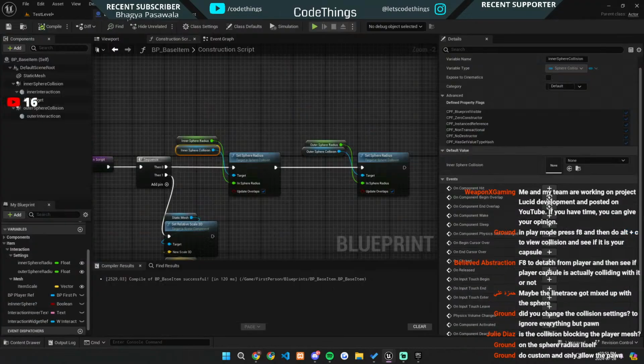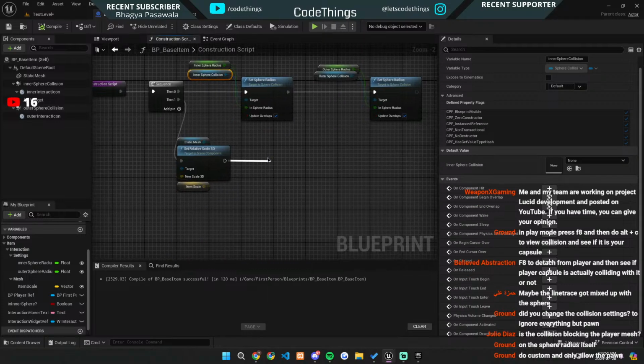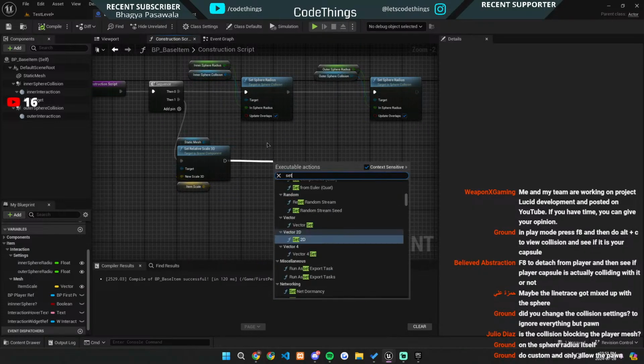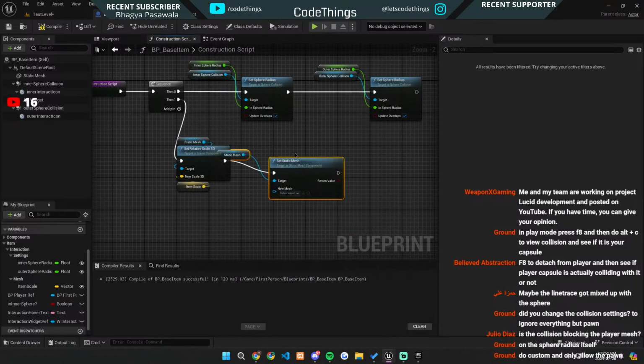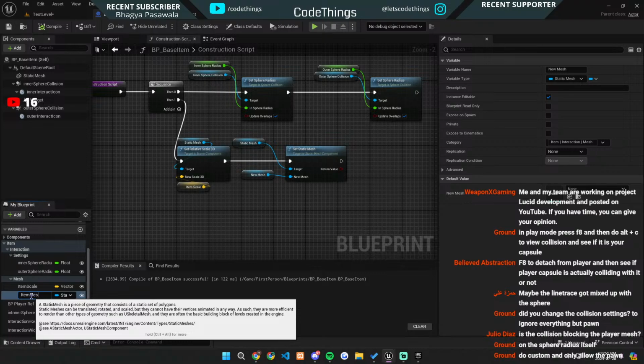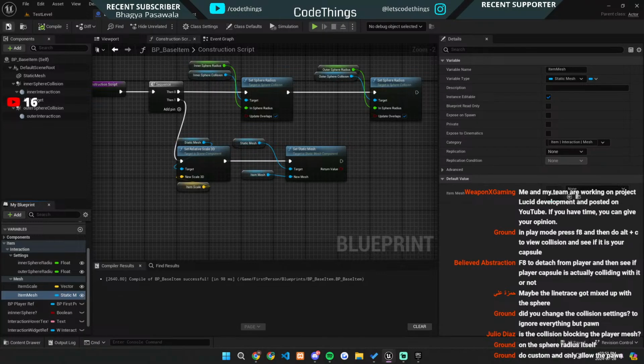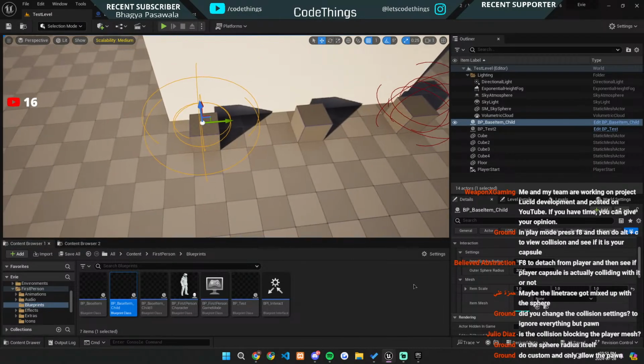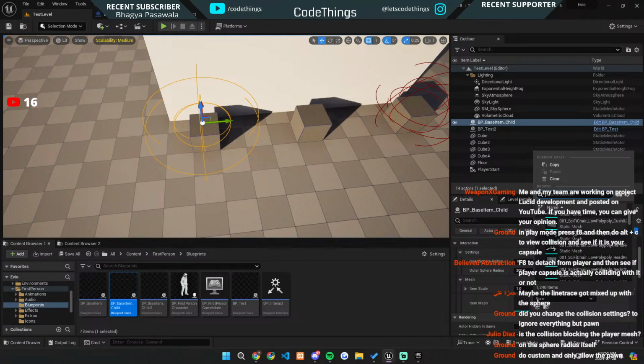You know what? Maybe I'll try adding that functionality too really quickly. I'll just make it so you can set the static mesh to be whatever. Set static mesh of static mesh. And let's just make a variable that you can create. And let's add that and let's put it right into here. So I can also adjust that. And we'll just make this item mesh. And let's go back and let's just change the mesh to whatever we'd like. I'm gonna try different meshes and see if that'll make a difference. Let me do something random, like